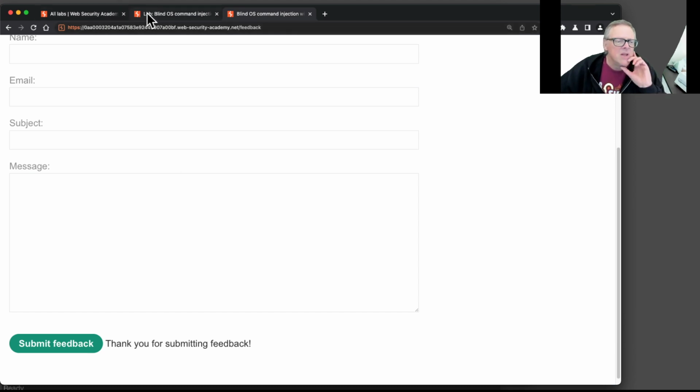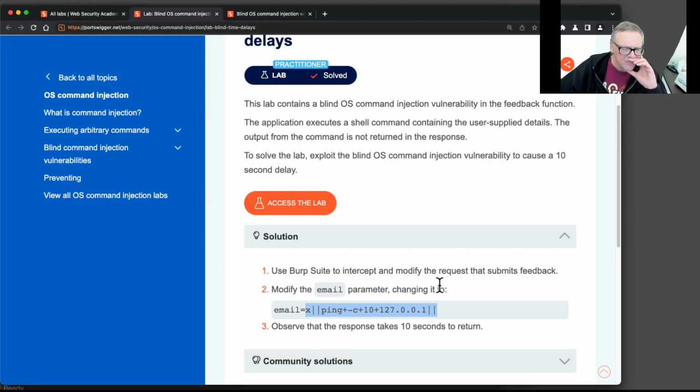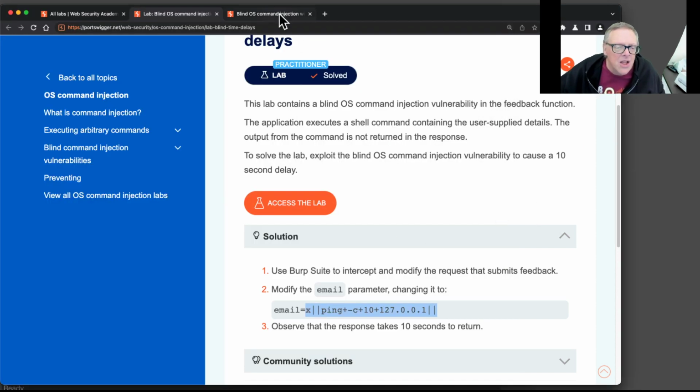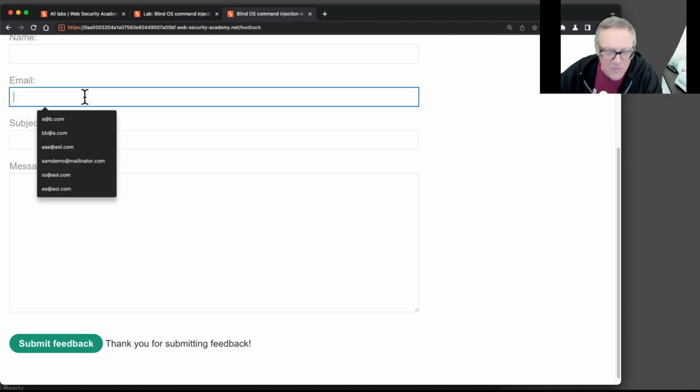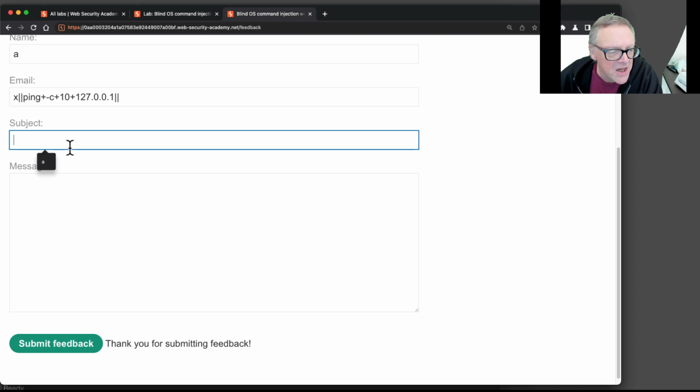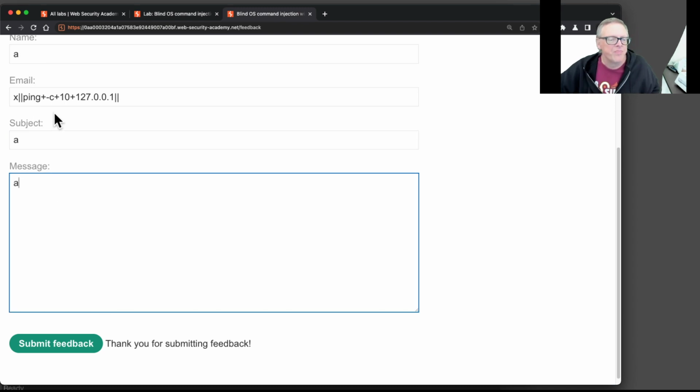So let me read the instructions more carefully. Modify the email parameter. It should have taken 10 seconds to return. Let's try it in Burp. Then, here I am in Burp. And here's the email parameter. Oh, the email parameter. I was putting it in the wrong place. I was putting it in subject. So if I use email, I again don't really need Burp. I'll put it up here. Okay. I wasn't paying enough attention. There. Now, it says thank you, but if I click this,